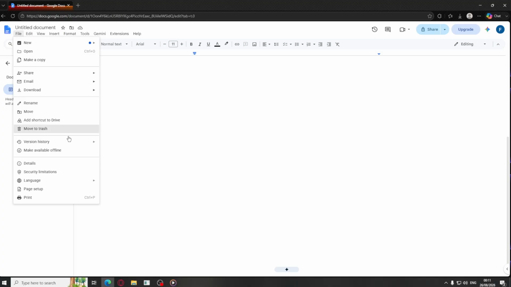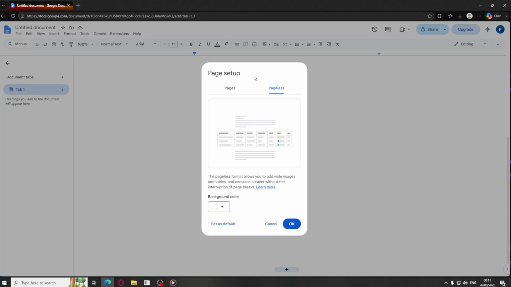To switch back to standard paged view at any time, go to File, then Page Setup, and click Pages instead